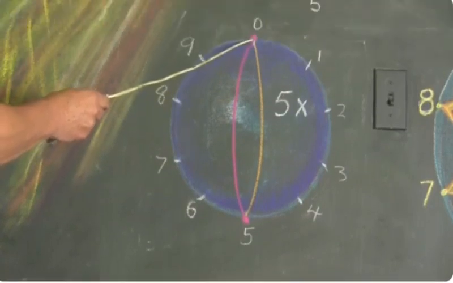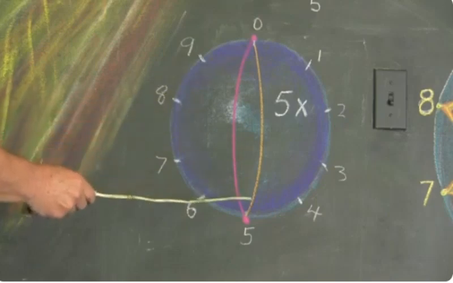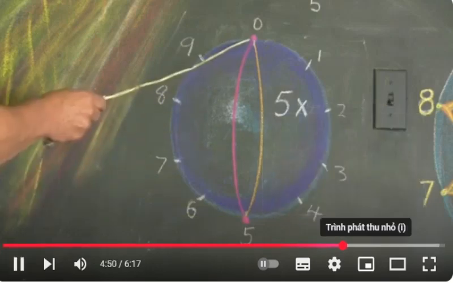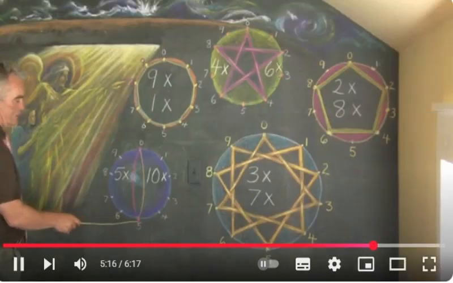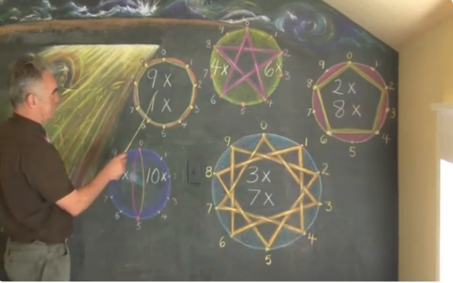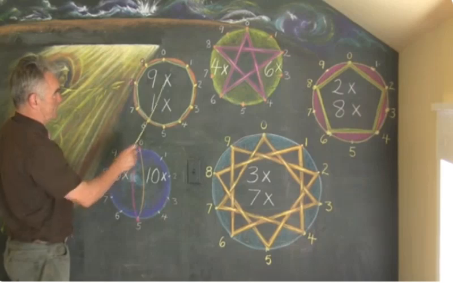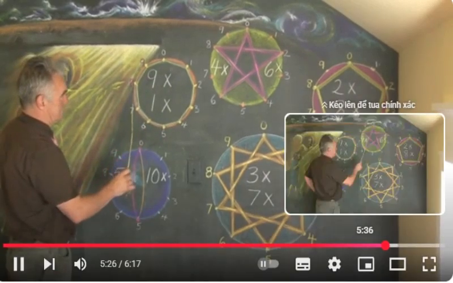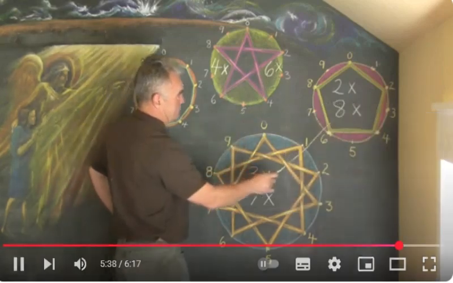2 times 5 is 10. 3 times 5 is 15. 4 times 5 is 20. 5 times 5 is 25, etc. Here's the 9 times tables in this circle, and it's also the 1 times. If we go this way, we've got the 1s. If we go this way, we have the 9s going that way. This circle